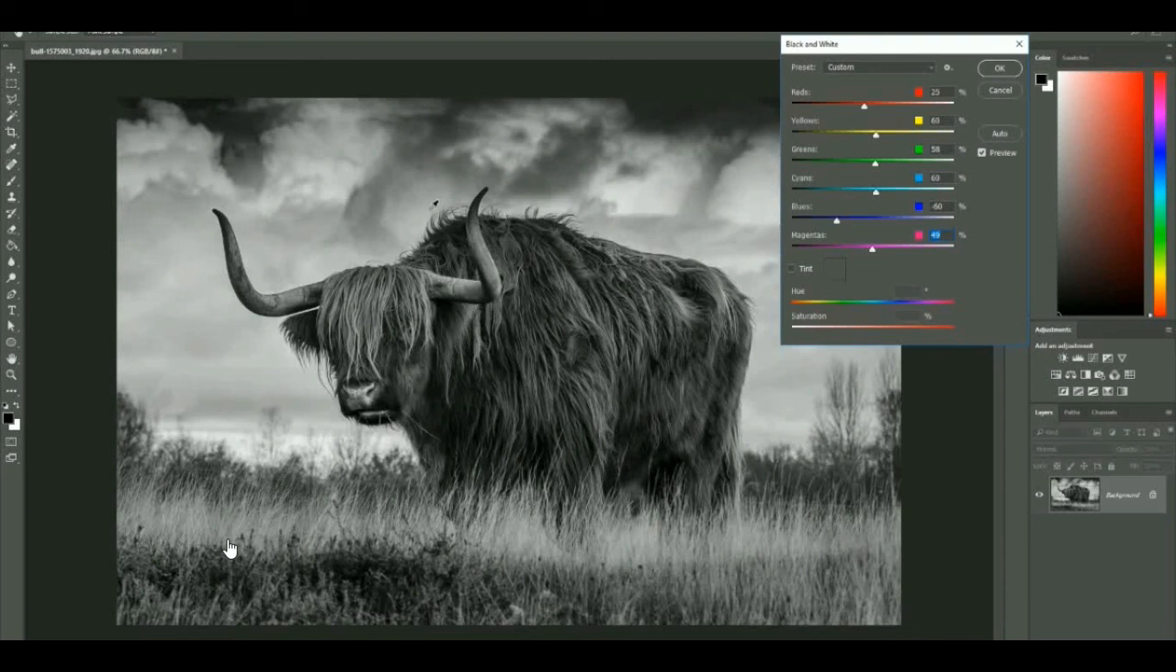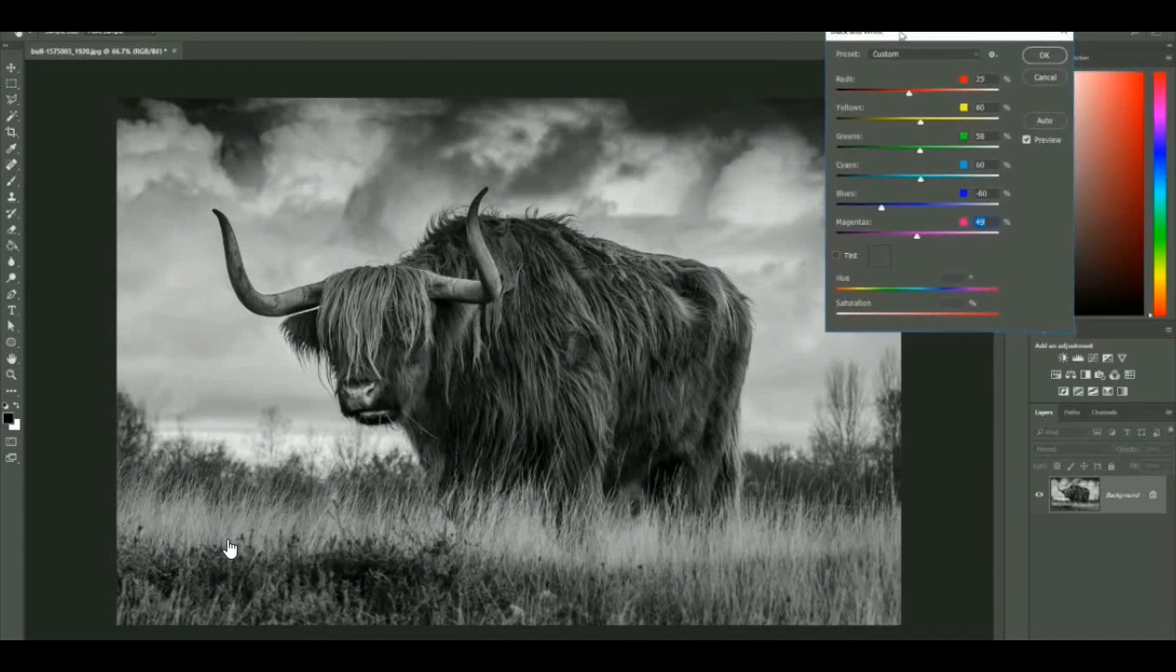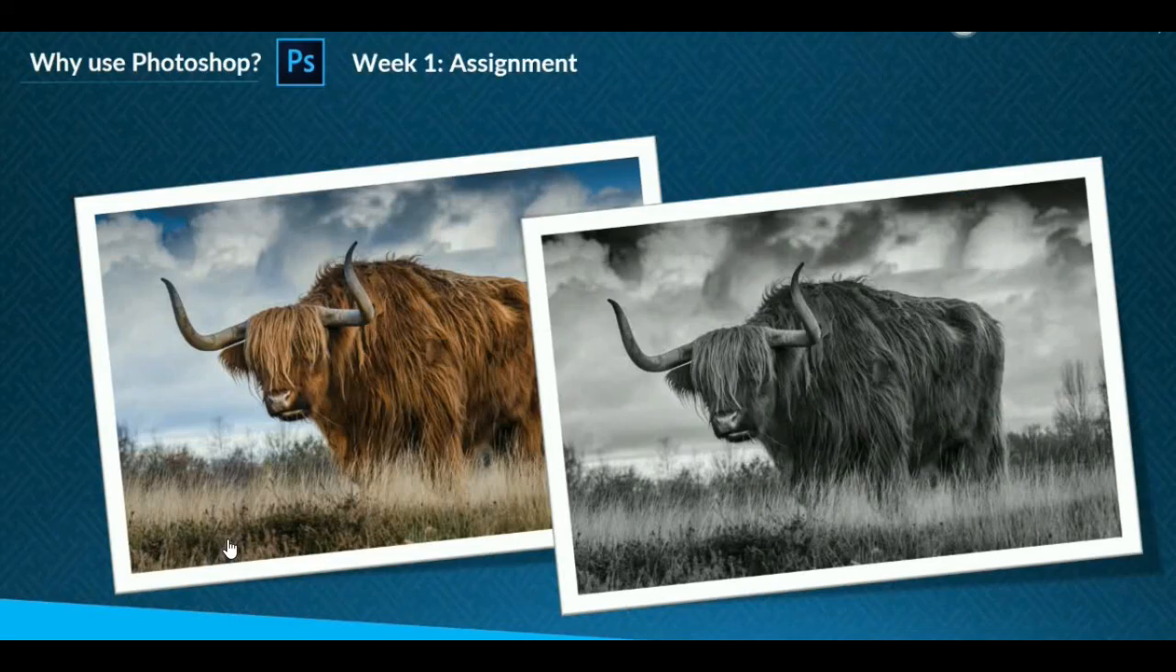There's not many in this, but you get the idea of how we can be more dynamic with our black and white photos. You do not need to just have a plain black and white image. We can be as creative as we want with Photoshop. So that's the assignment for yourselves, folks. I want you to